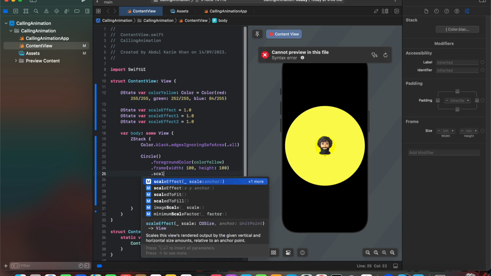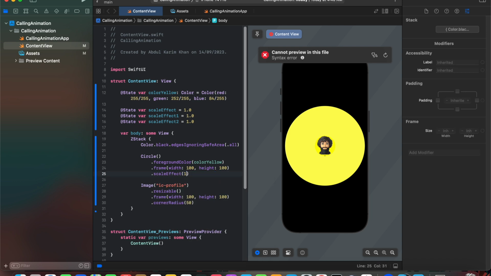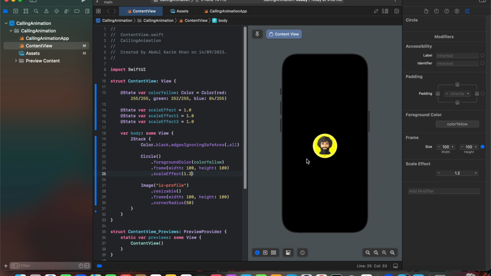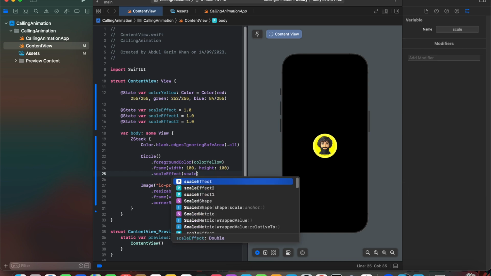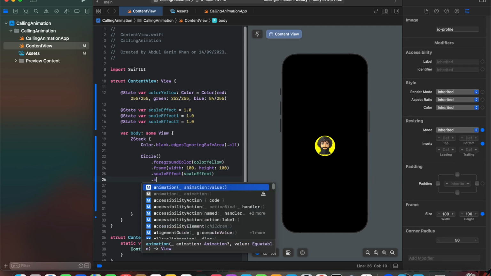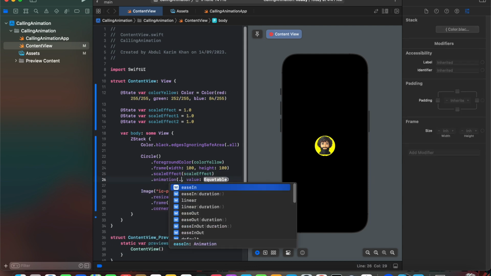and we are going to change its width and height using scaleEffect of 1. Let's assume it's 1.2 right now. So it's going to increase its width and height by 1.2. So if we are saying that width was 100, it will turn into 120. So right now we are seeing the width and height of 120. Let's change it to the scaleEffect that we have initialized here,